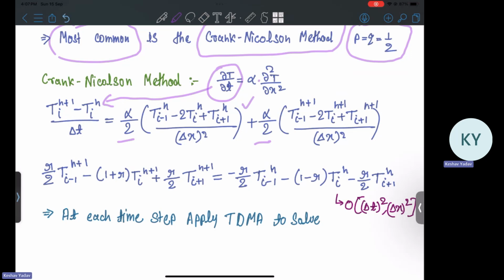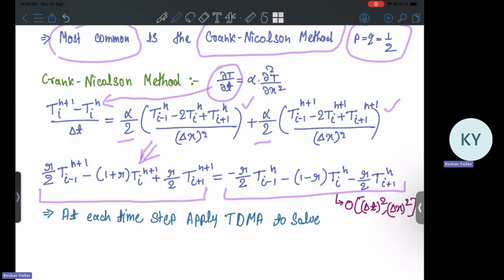First central difference at nth time and second central difference at n+1th time. Then we do some simple manipulation and we get a difference equation. Okay, so this is the difference equation we will get. If you do this and if you write the orders also